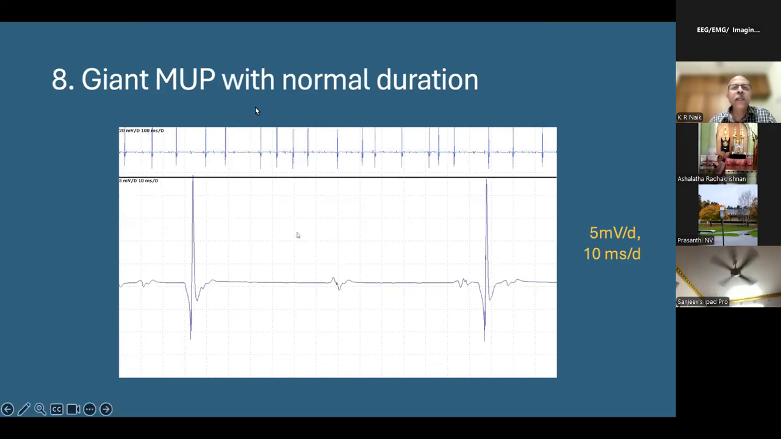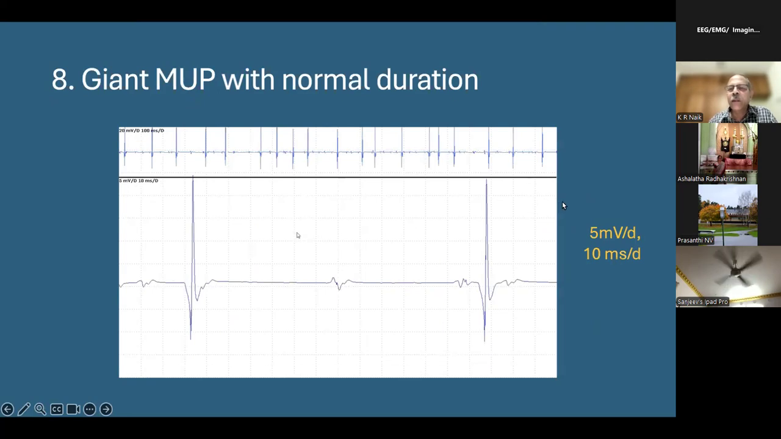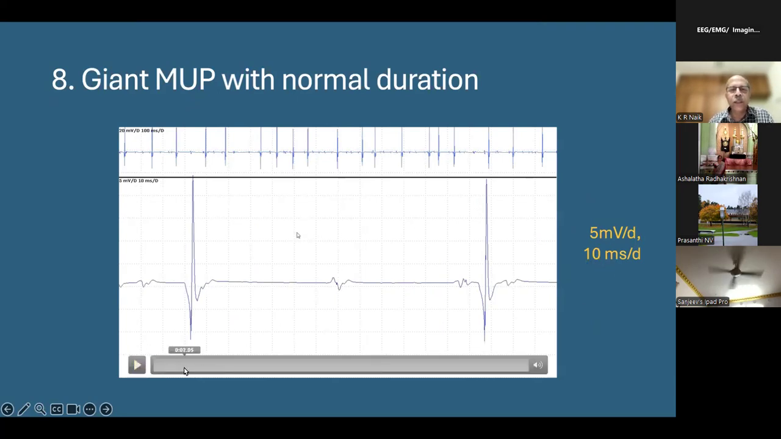So next one is giant MUAP. Why is it giant MUAP? It is 5 millivolts per division. So that means from bottom to the top is 50 millivolts. This is a huge MUAP, and duration is 10 milliseconds, the sweep. Now we'll just see with the